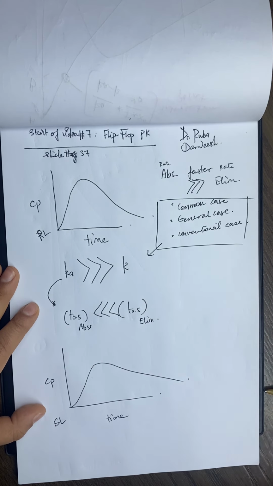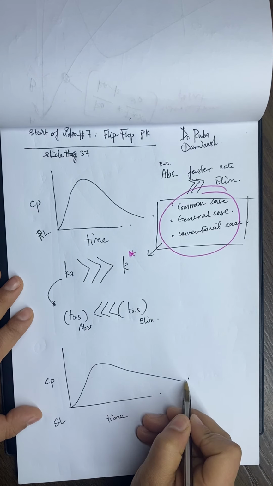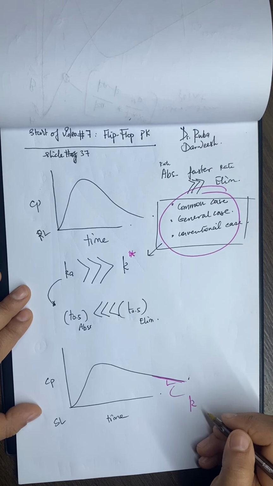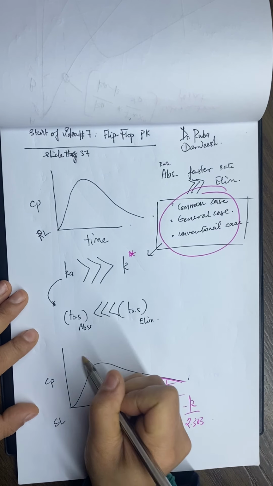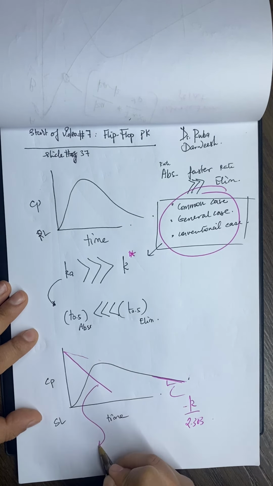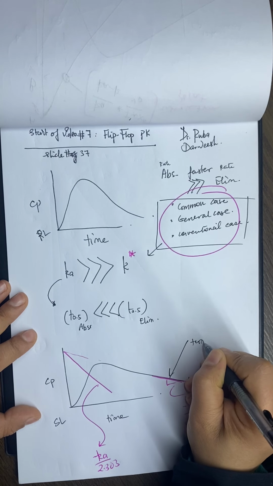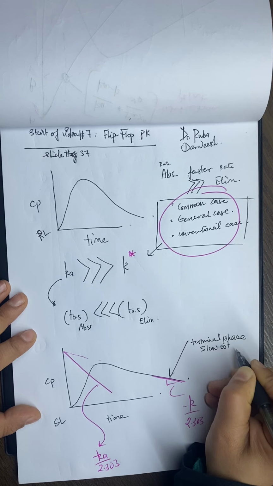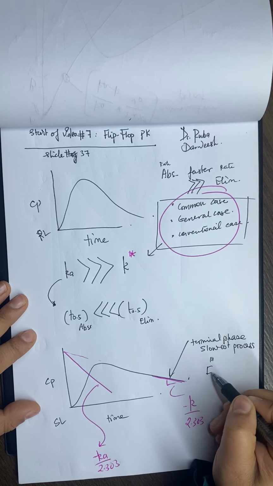According to this common general case, I will have the terminal phase to determine K, if we are talking about semilog, and the residual to determine minus Ka over 2.303, which means that the terminal phase, which is the slowest process in the model, will be related to elimination,